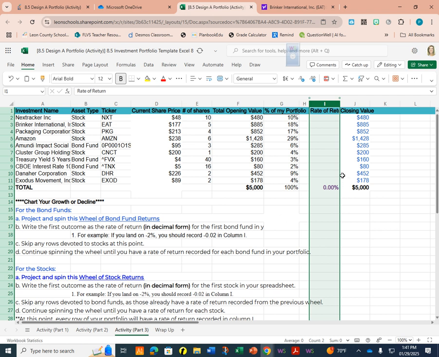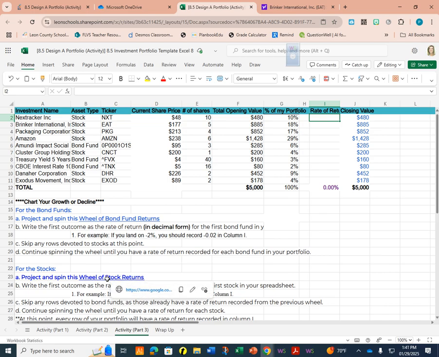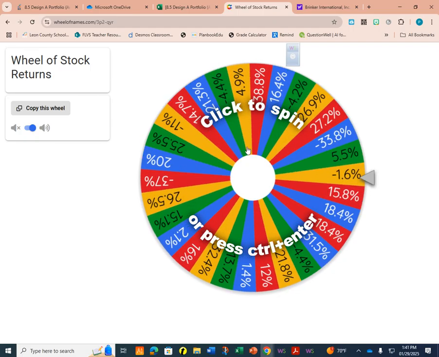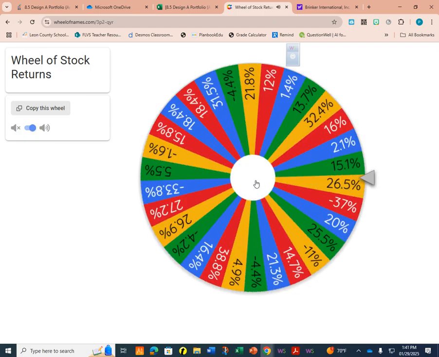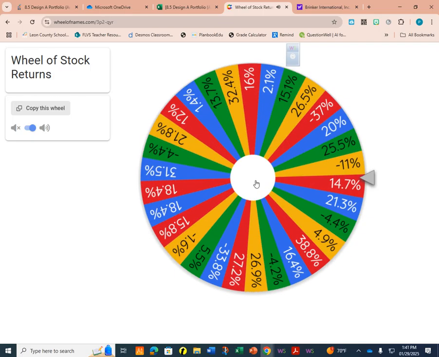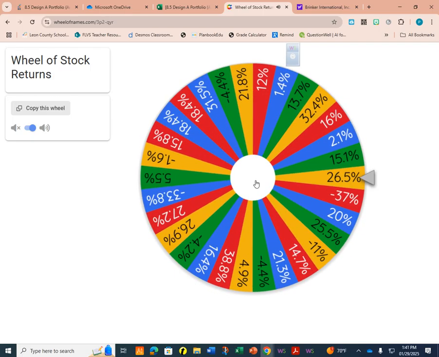Okay, so I need to put a rate of return for every one of mine. So my Next Tracker Inc. is my first one. It's a stock. So I'm going to go down to the wheel of stock returns and control click. I think it's going to open it in another window, another tab. I'm going to click to spin for my first stock. The rate of return is